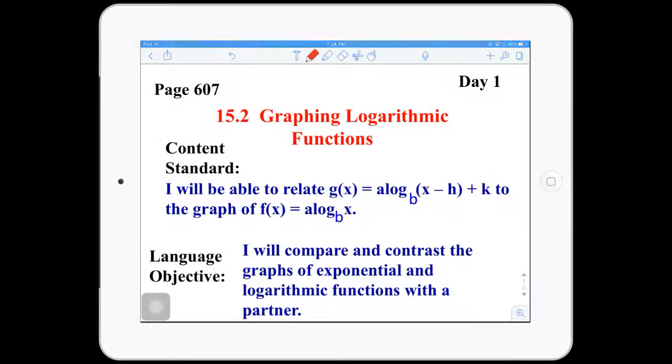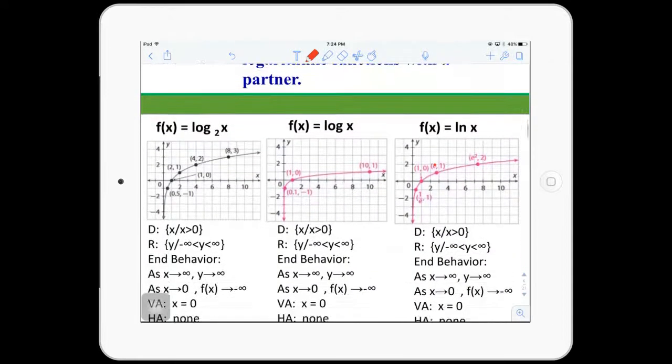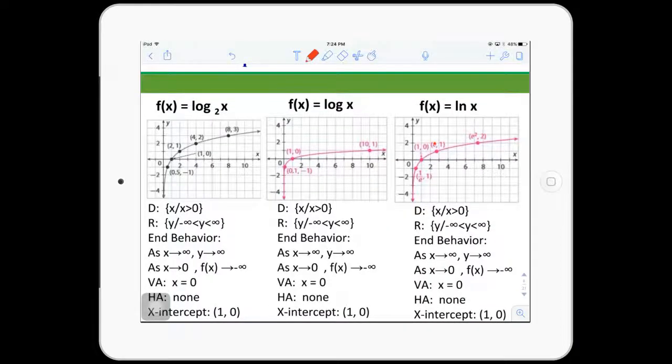Hello everyone, today we're going to learn lesson 15.2, and that is on graphing logarithm functions. Remember that logarithm functions are inverses of exponential functions. So we're going to use the properties that we have learned in the past regarding transformations and apply them to graphing. So first, let's take a look at a list of some examples of